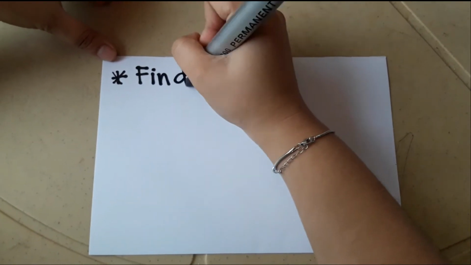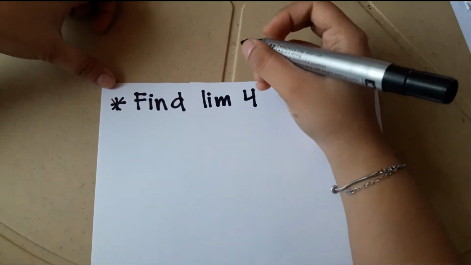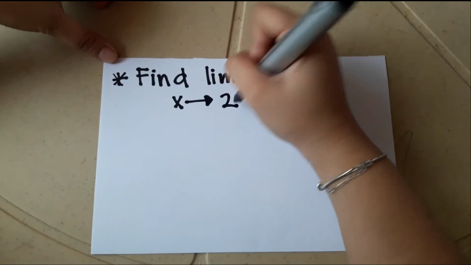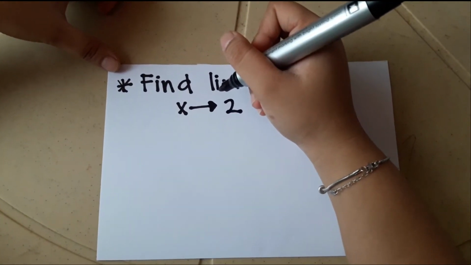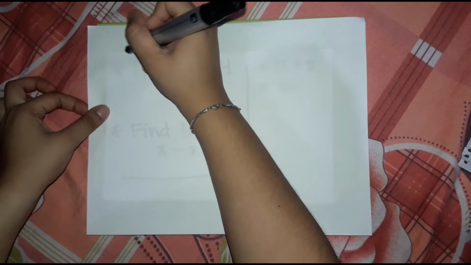Find the limit of 4 as x approaches 2. Since 4 is a constant, the limit of 4 as x approaches 2 is 4. Next example is